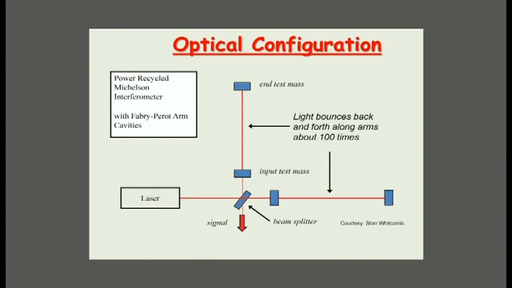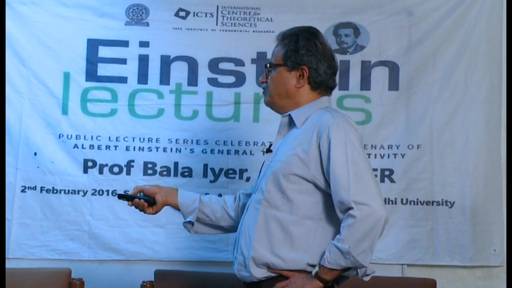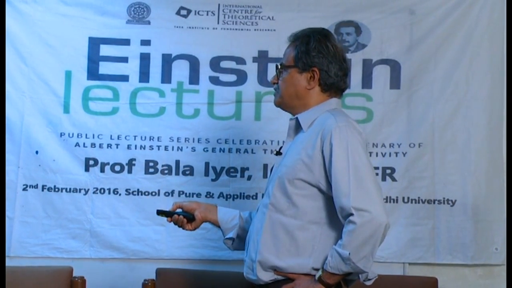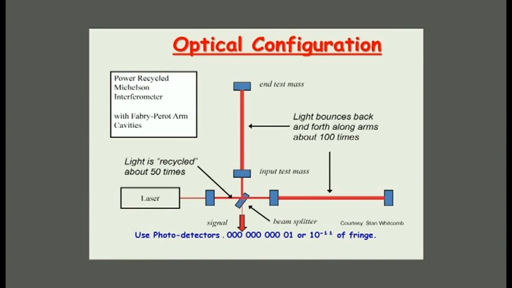So even if the interferometer is only 1 kilometer long, the optical path is 100 kilometers long. And then there is some light which comes out of the photodiode. To keep this going on for so long, you take this signal, the voltage which comes out, and do what is called power recycling. So putting all these techniques together using photodetectors as diodes, it turns out that you can measure the separation